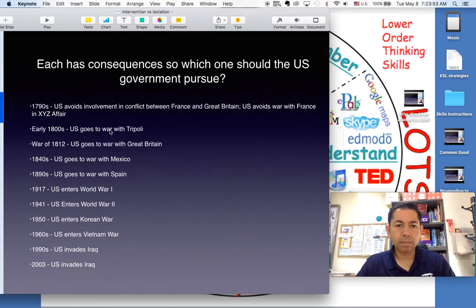And then the U.S. went to war with other countries, and so we see a long list here. Now, one of the big questions you have to address is even when the US got into war, was this an example of isolation or intervention? If they went to war to help somebody else, well, that would be intervention. If they went to war because they were attacked, they could still maintain isolation because it's only self defense. Even if they declare war, that's irrelevant.